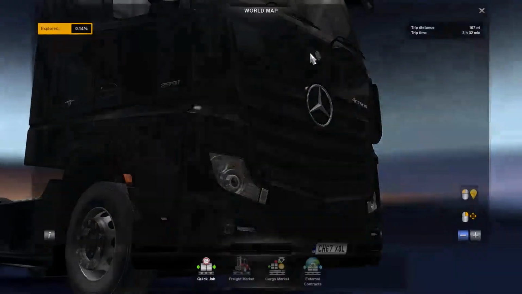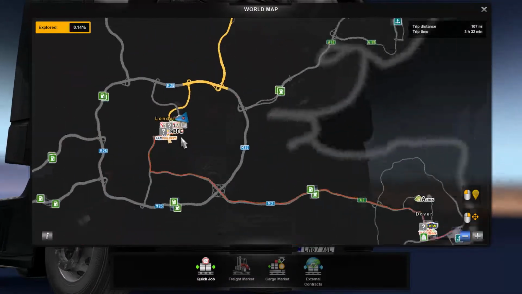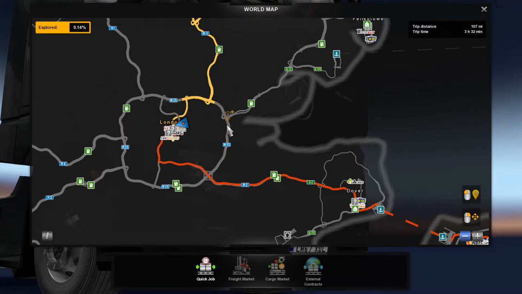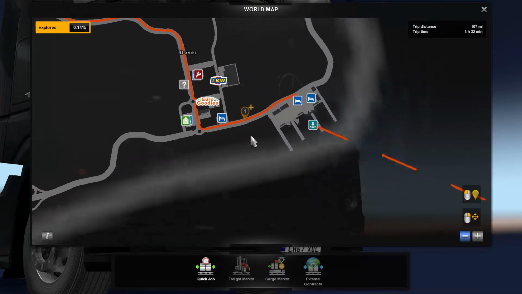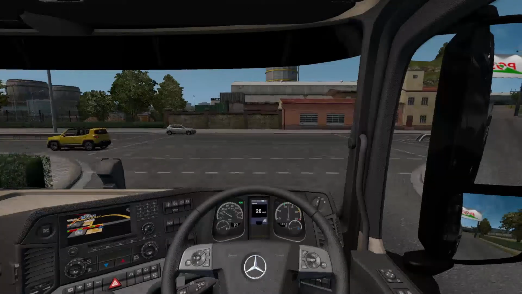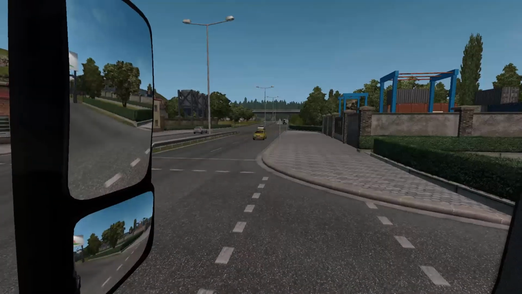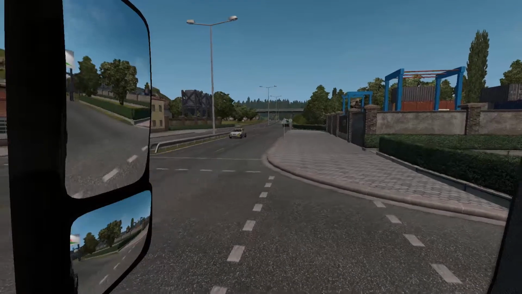And head out of London. Let's just check our route to see if we can amend it in any way. I'm happy with going that way out of London. Is it quicker to do? Yeah, it's quicker to do that way. And it's picking the right route out of Dover into Calais. So we're heading through Dover. Let's just check. We're clear.